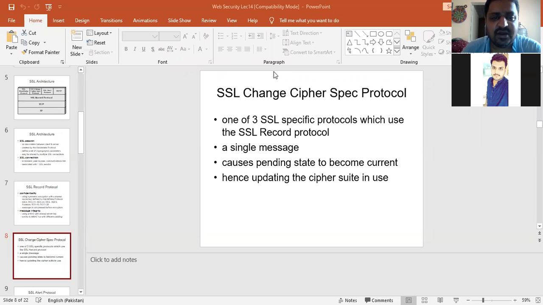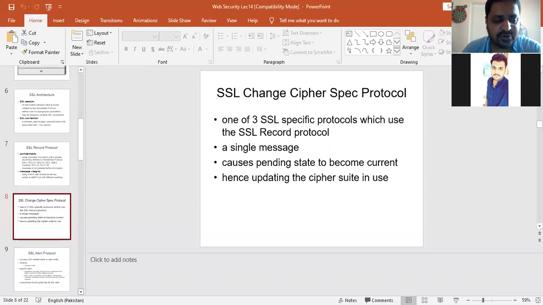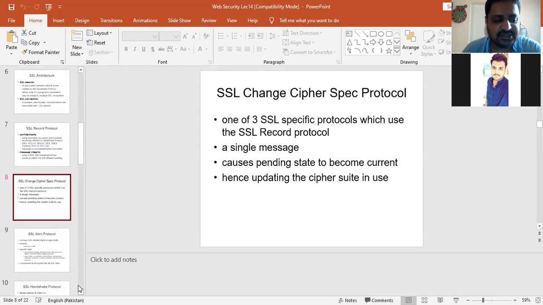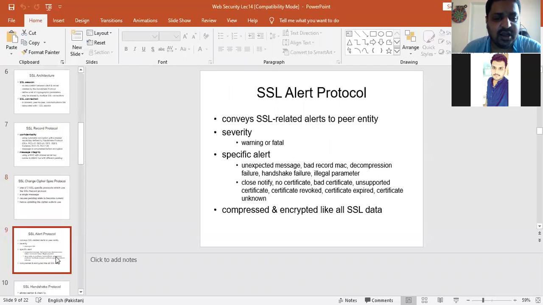So we have different types of messages that are used either for authentication or for sending messages to another system, for example. In this way, we have some other types of protocols, like the SSL alert protocol, which